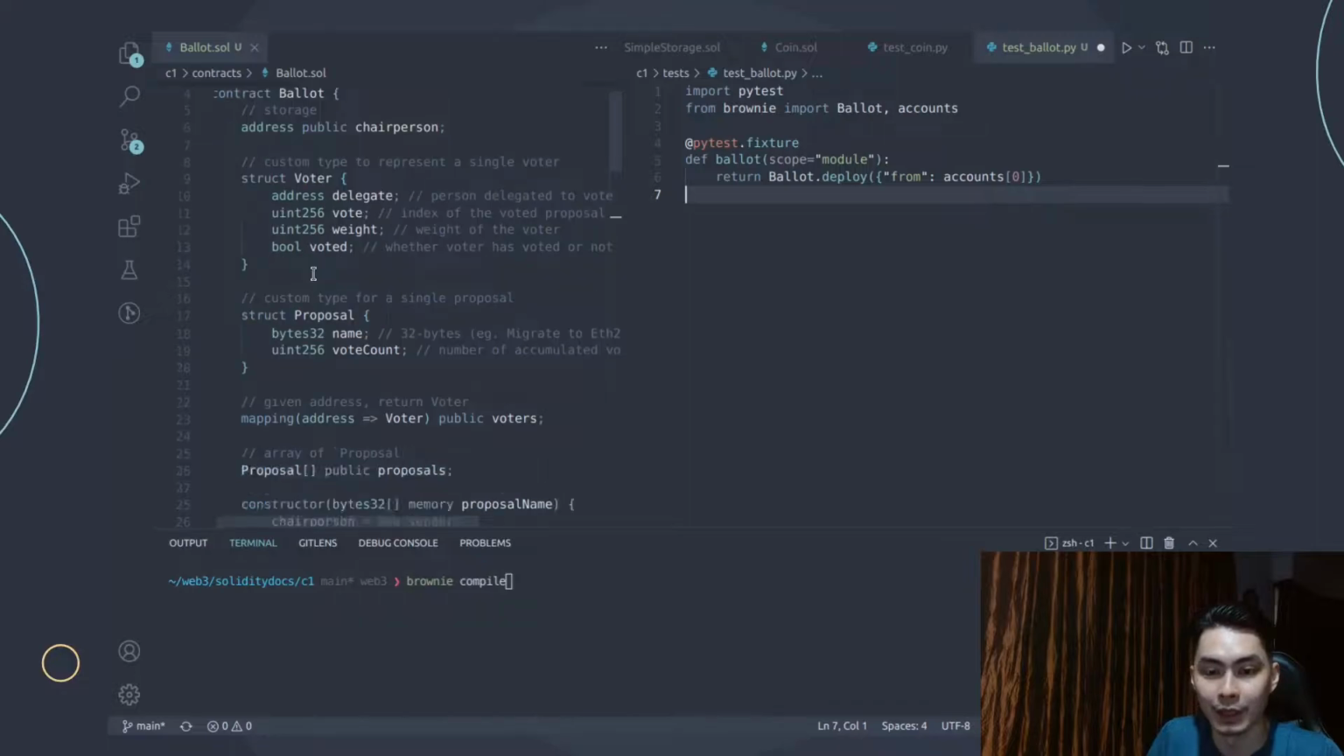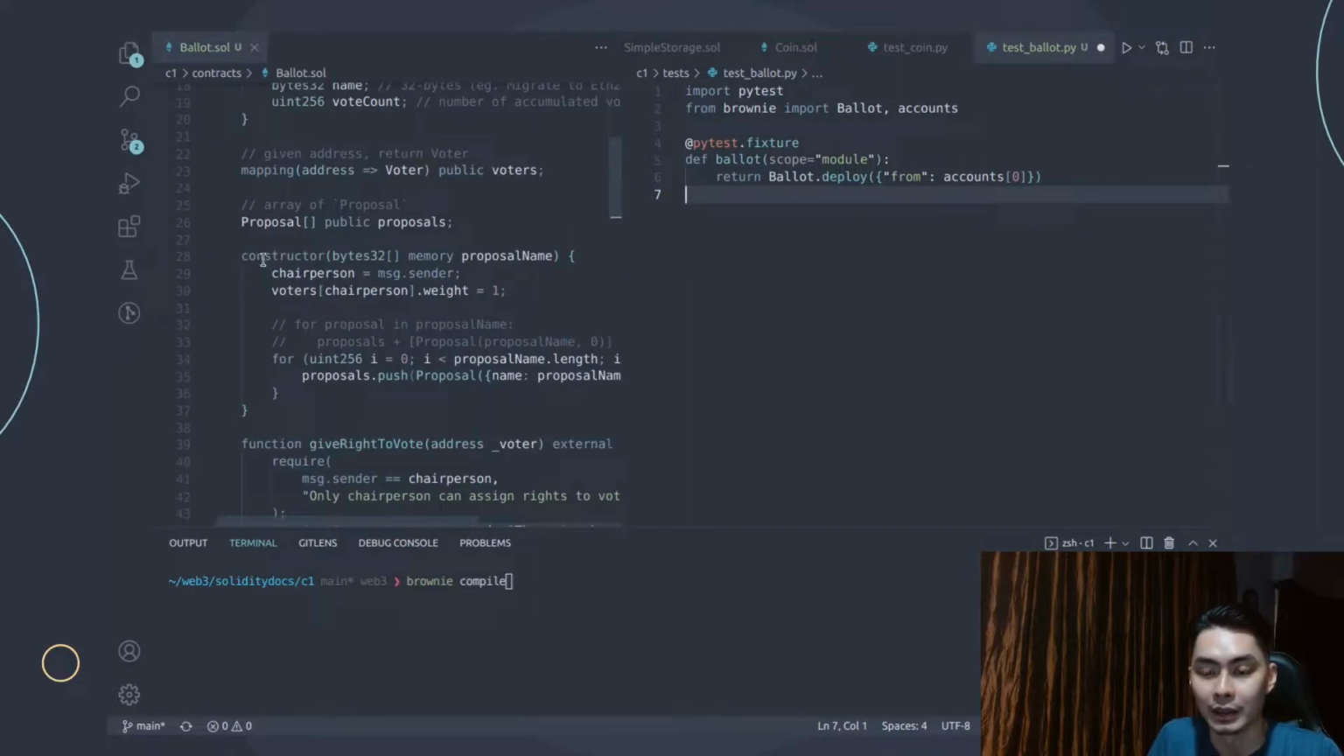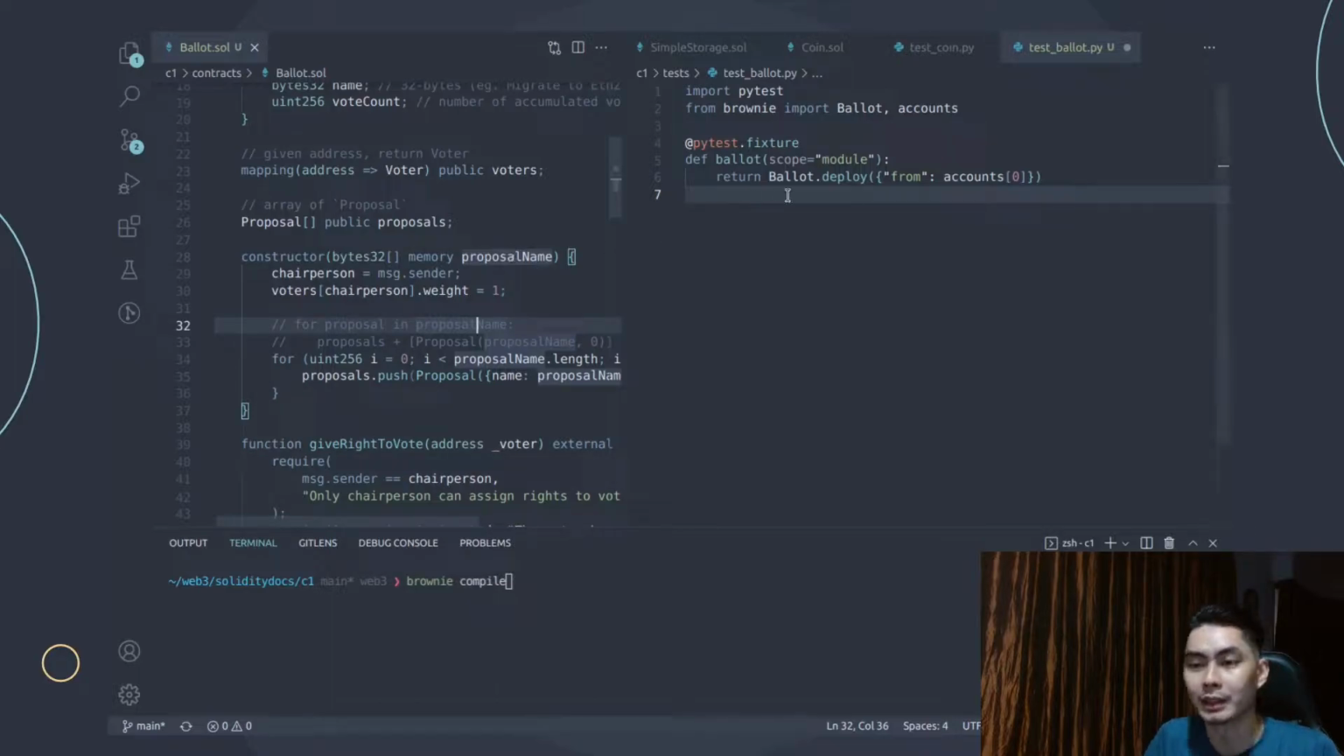So if you look at ballot and you look at the constructor, you see that it is a little bit different from how we initialize the coin contract, because here it says that when you first initialize it, it needs something. What does it need? It needs an array of bytes32. Okay, so it needs an array of bytes32. And what do you store in that array? Well, you store the proposal names. So you have the proposal name. And typically in the